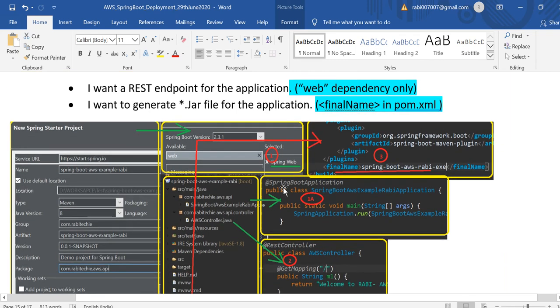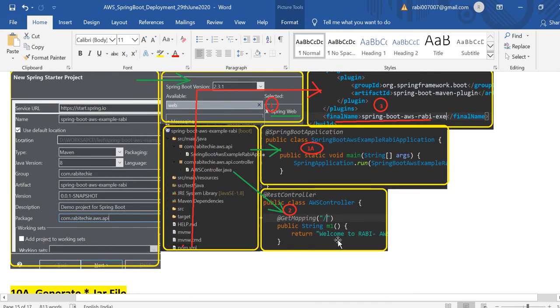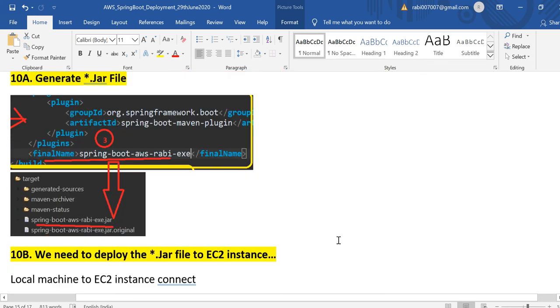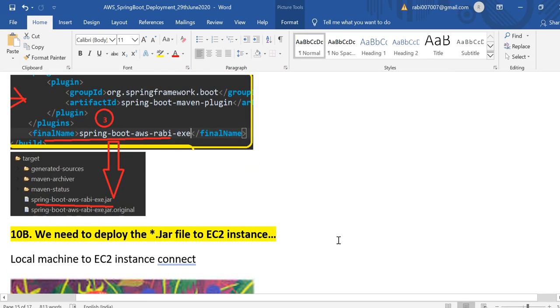I have chosen only Spring Web, and I exposed a simple REST endpoint URL, and a jar file is created. We need to deploy that jar, but not directly into the EC2 instance. First we have to upload it to the S3 storage. From S3 storage, make the jar public. From the EC2 instance, we download it, and then we execute it.